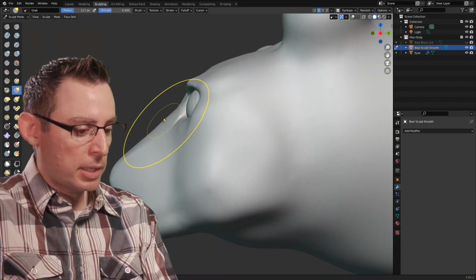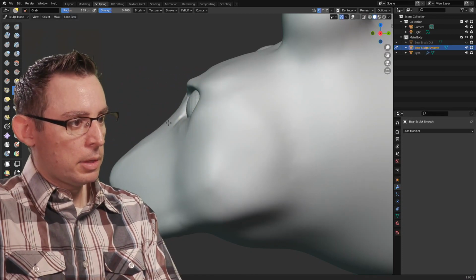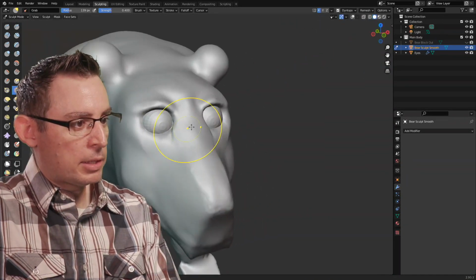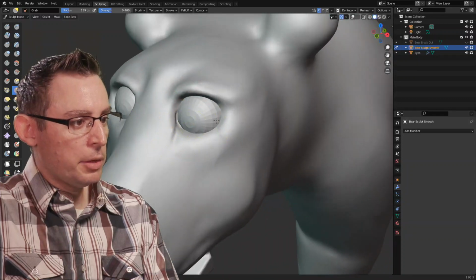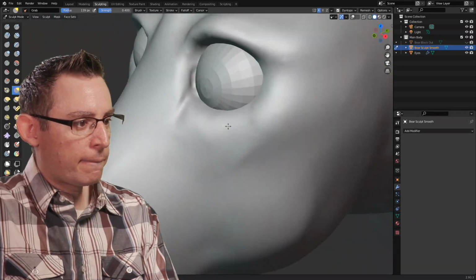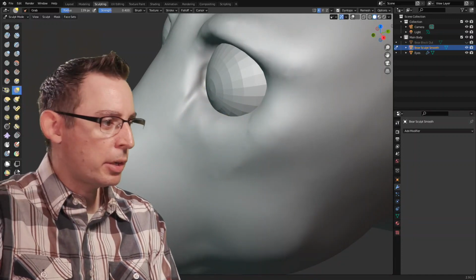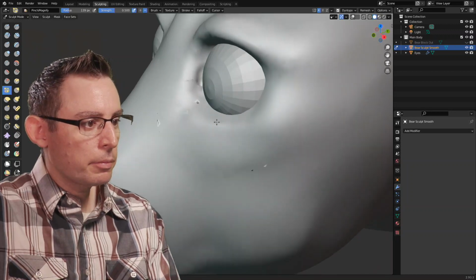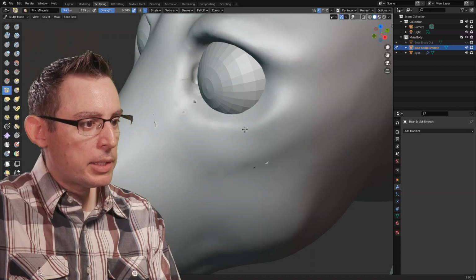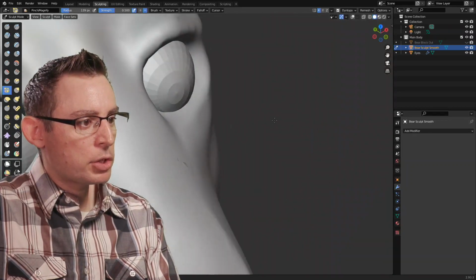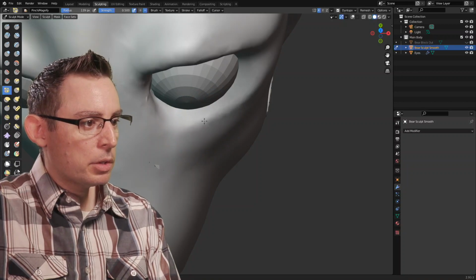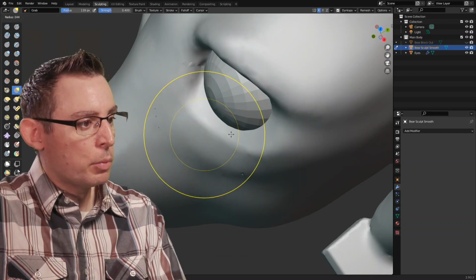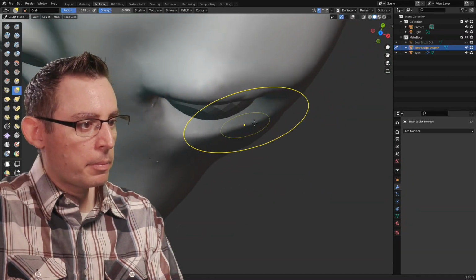Now, my brush is too big in this case. Yeah, just a little bit of a curve in there. I'm liking that. That's starting to feel like a nice organic shape. Now, the other thing that I'm starting to see on my eye is that I lost the indication here that there's a bone. So let's just pinch it together. I like to keep my pinch strength kind of low, so I don't do it too fast. That way I can go in and control it, move it around a little bit. I'm going to move it from the top.